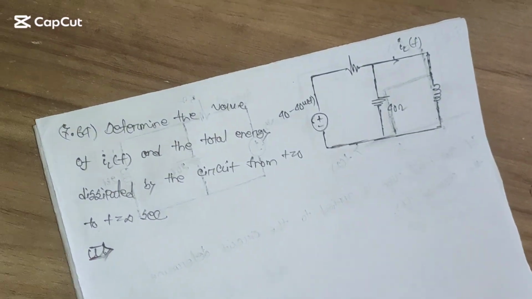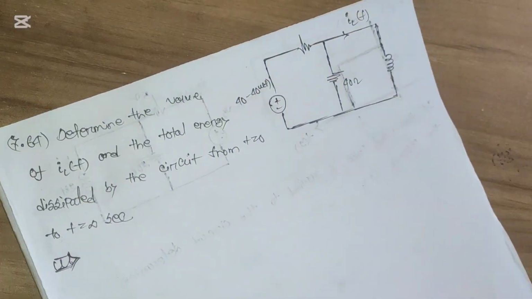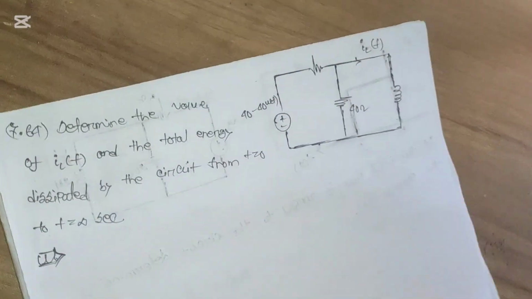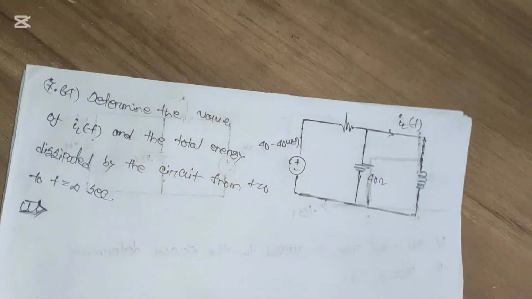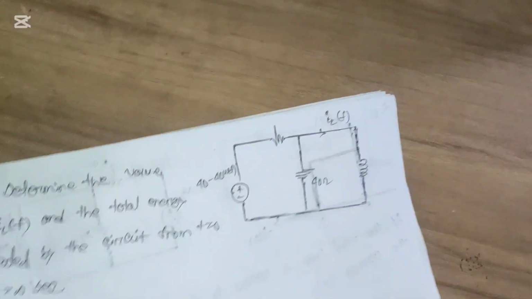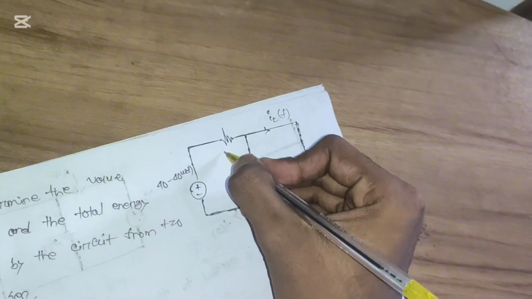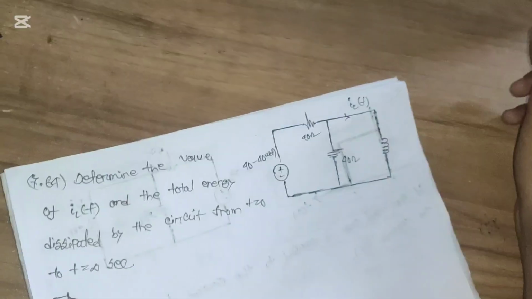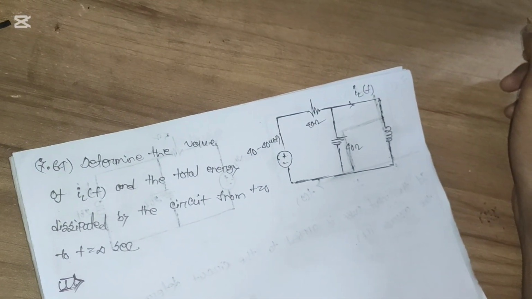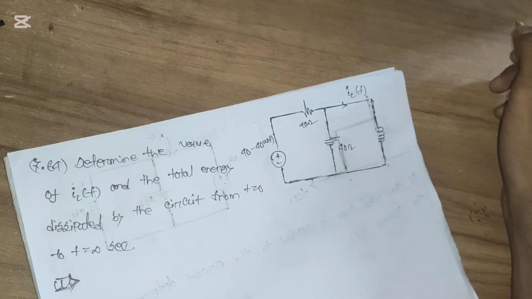Welcome everyone. Today we are solving problem 7.64 from the Sadiku book. The problem says determine the value of i_L(t), and i_L(t) means this one. It will be 40 ohm. Determine the value of i_L(t) and the total energy dissipated by the circuit from t equals 0 to